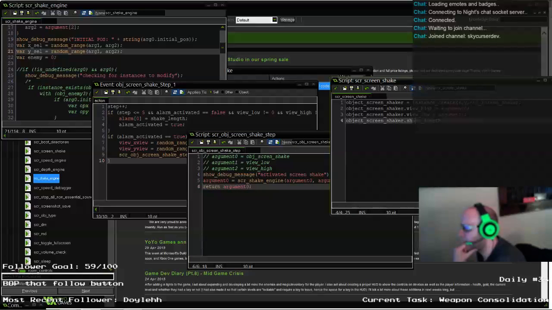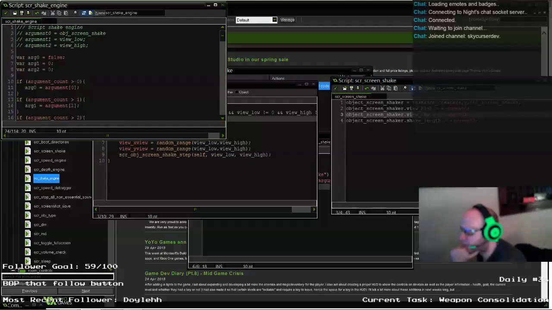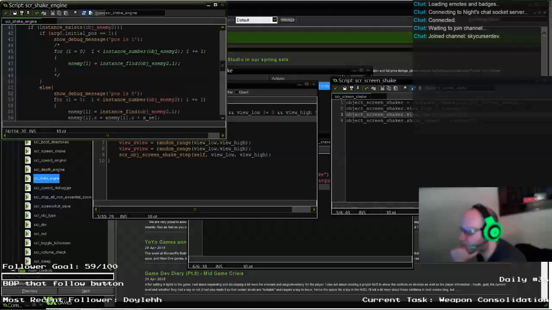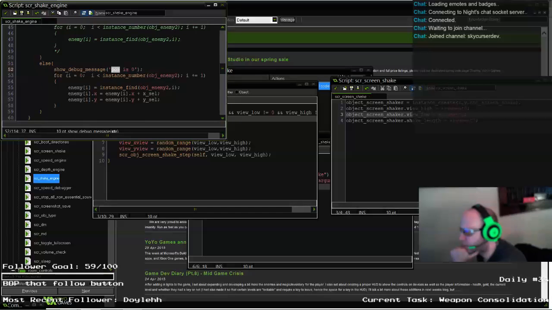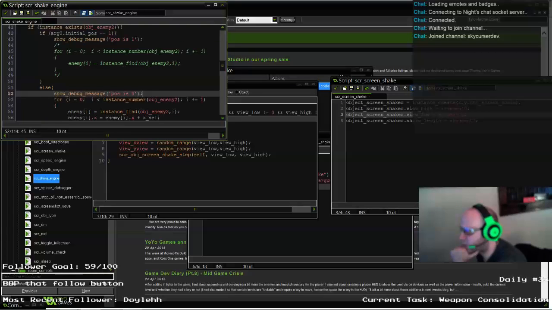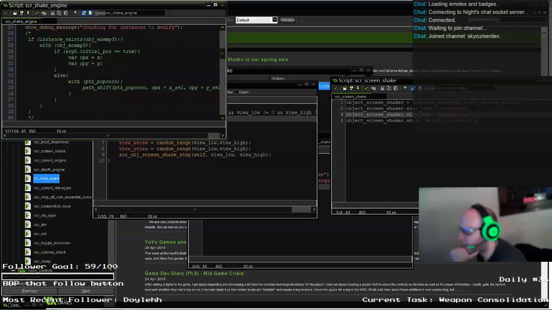So the last thing I need to do here is get each object's first position, which I think is going to be right here, and position is 0. I think what we'll do here is